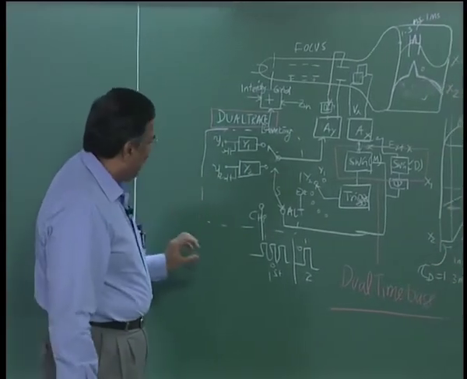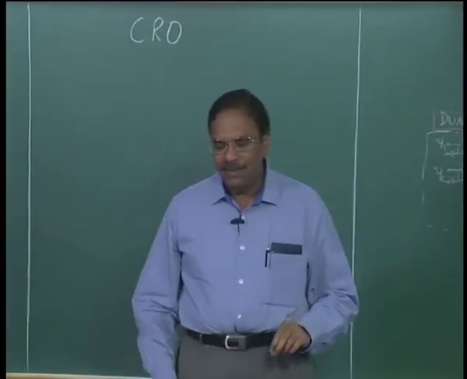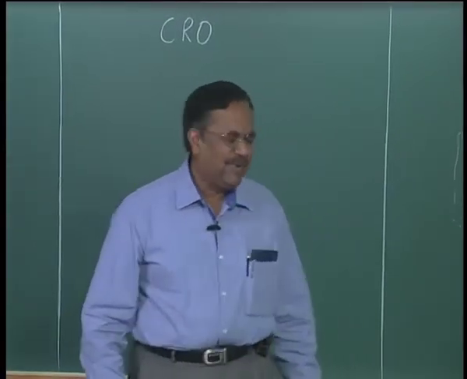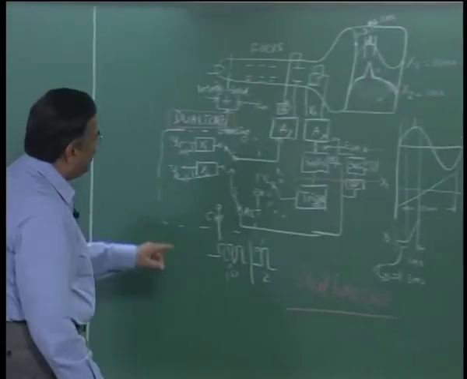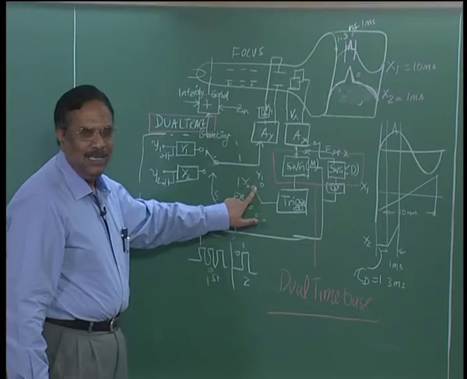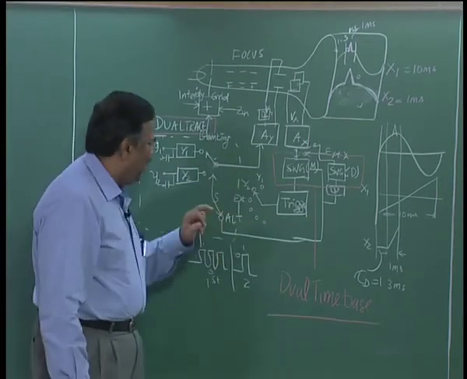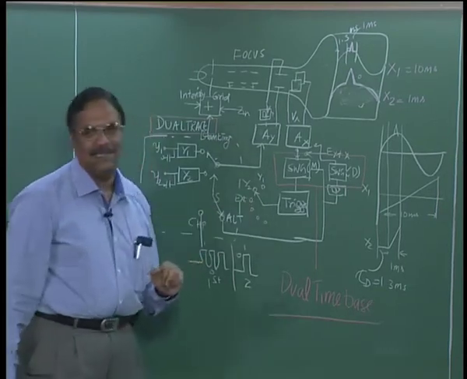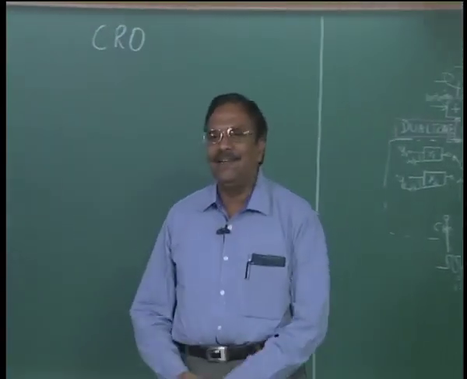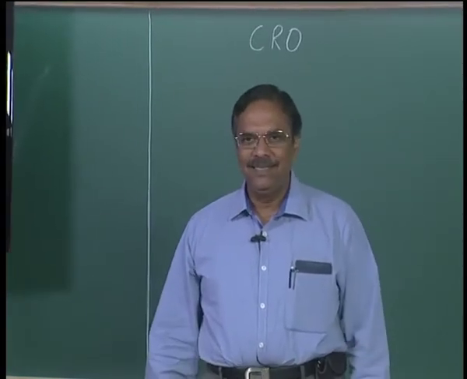Now, apart from this, if I look at the trigger in a normal oscilloscope, you will see that the trigger is internal, which is y1, y2. If it is only single channel, only y1, and external. When you put the trigger as external, you will have to feed an external signal to trigger the sawtooth wave generator.